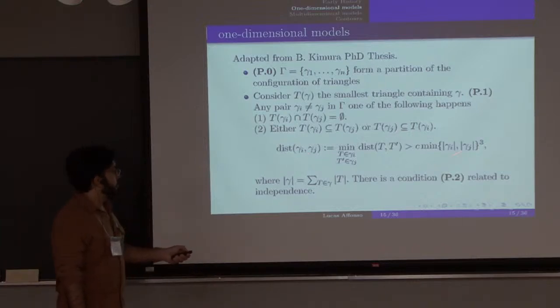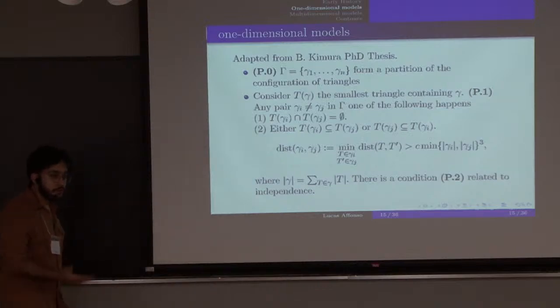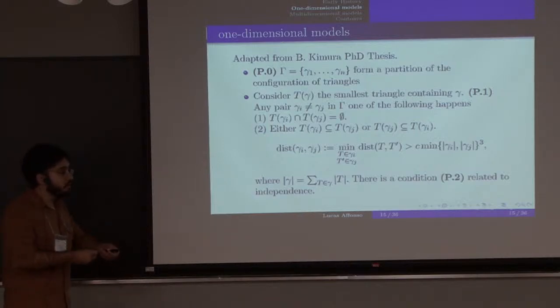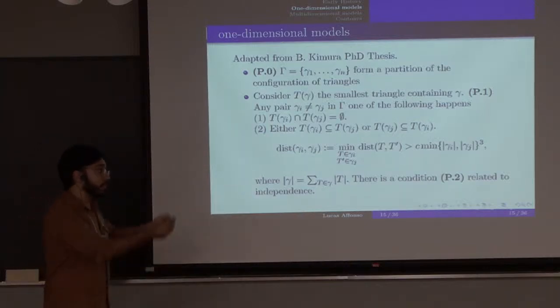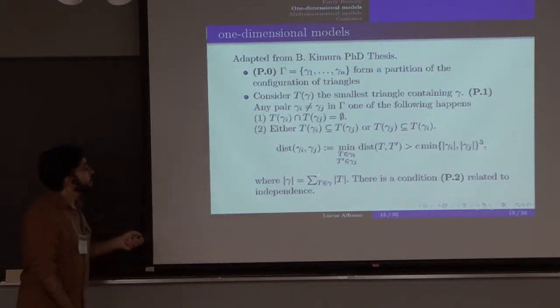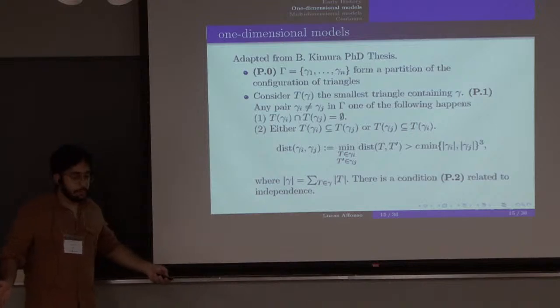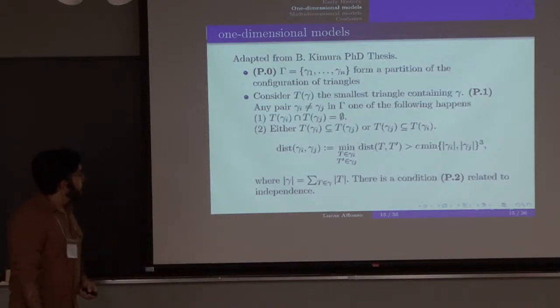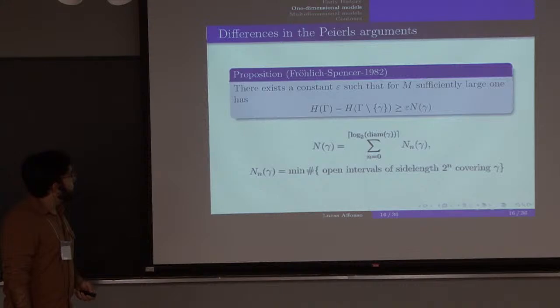I'll not delve too much on this because I think Pico will talk more to us about this kind of thing tomorrow. But the idea now is also the same. You need to separate the spin flips, in this case the triangles, into subsets that are sufficiently well apart. So what do you get? In the case of Fröhlich-Spencer, what you get is that with their definition,